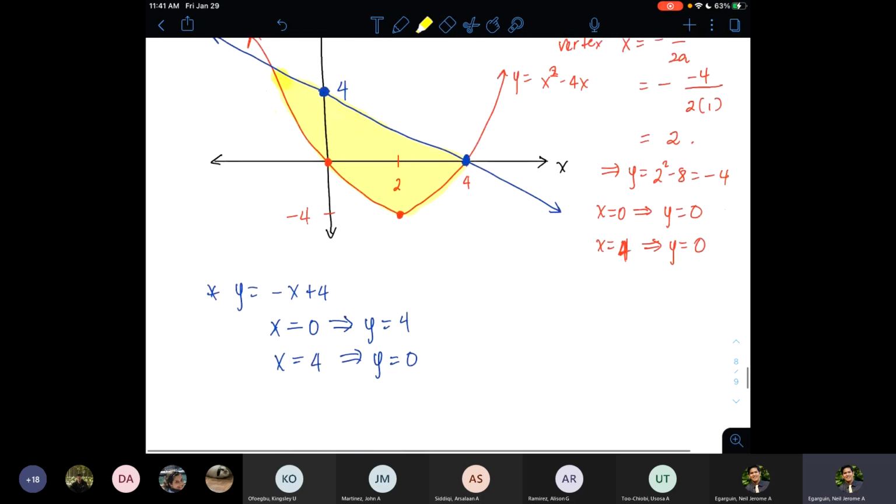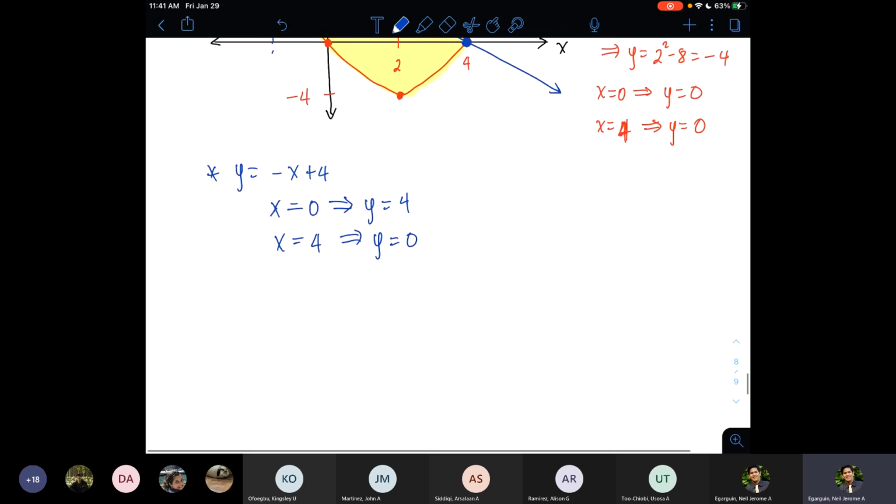Okay. But in order to characterize the area using integrals, I need to find the points of intersection because they will be the boundaries for the integral. So here, I need the point of intersection there. We already know one, that is x equals 4, but let's compute for the other. So to solve for the points of intersection,